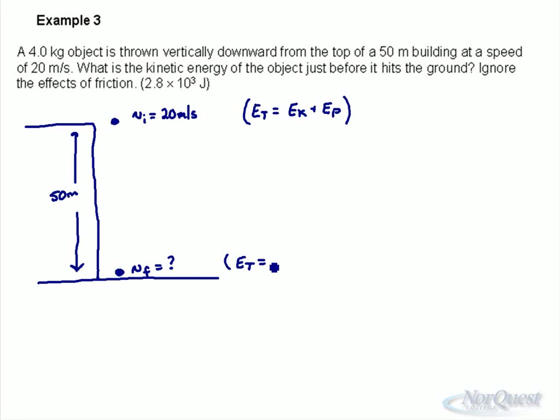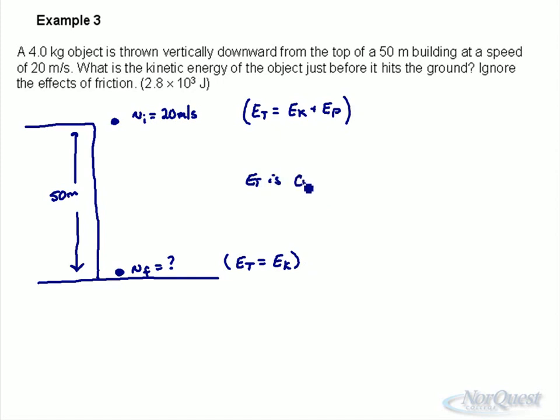There's no potential left because you're just before it hits the ground. So at the bottom, had we known the final velocity, it would be quite easy to solve this question. But since we don't know the final velocity, and we're not being asked to find the final velocity, we can't use that piece. What we're going to use is we know that total energy